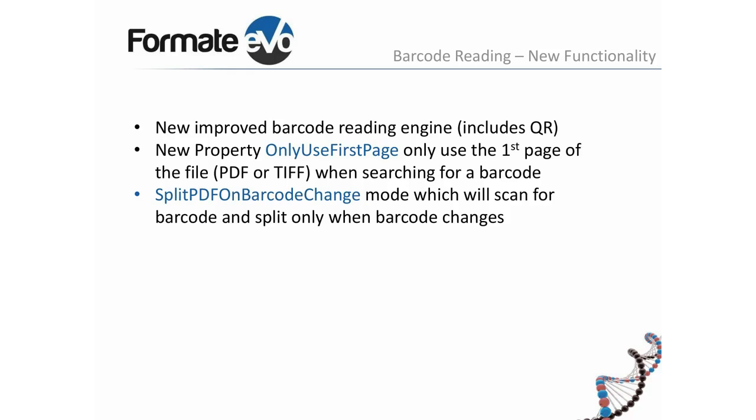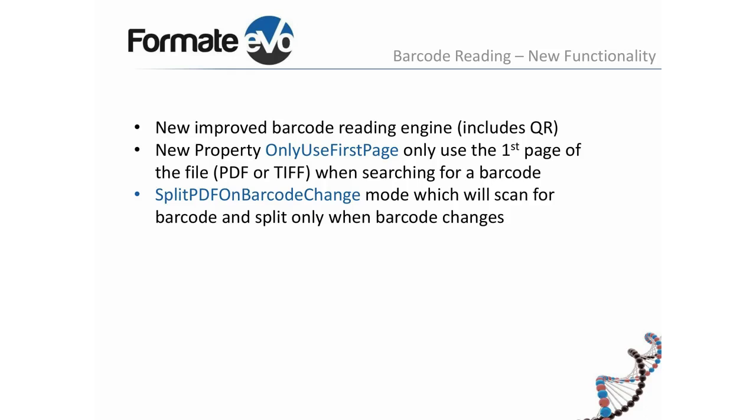Then on top of that, we added the two new features where you can actually say only look at the first page. If you know the barcode you're going to read is only on the first page, then instead of reading all the pages of the document looking for non-existent barcodes, we look at the first page only, or you have the option to look at the first page only. That's a speed and that's a performance enhancement